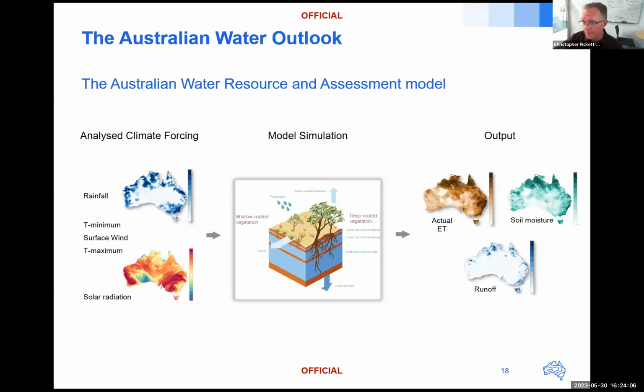Basically, this is the AWRA model, the Australian Water Resource Assessment model, which is a land surface model. Some might call it a soil moisture model, depending on the context that it's used. These types of models are used not just for hydrology, but are also of interest in the carbon cycle, because the water